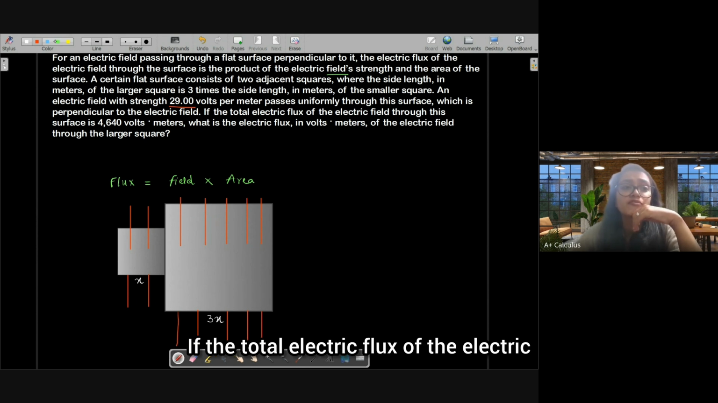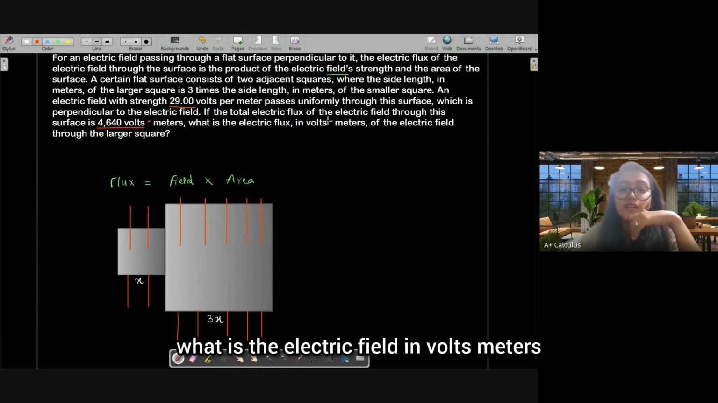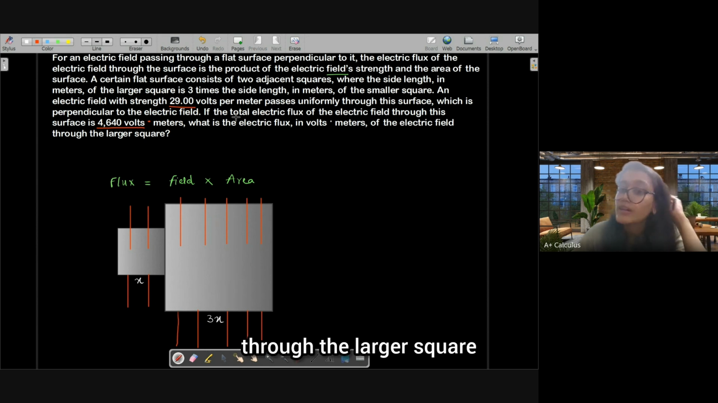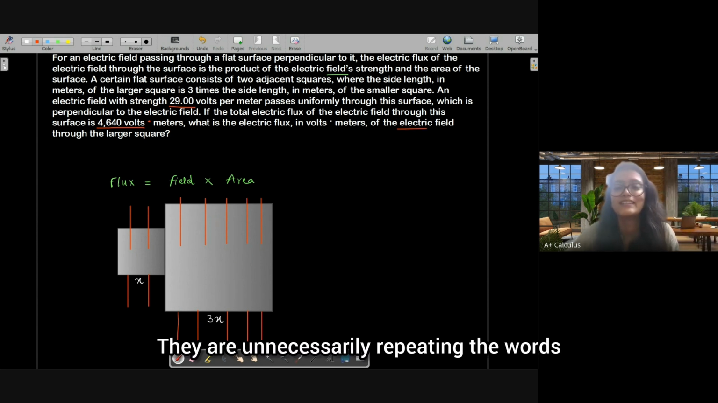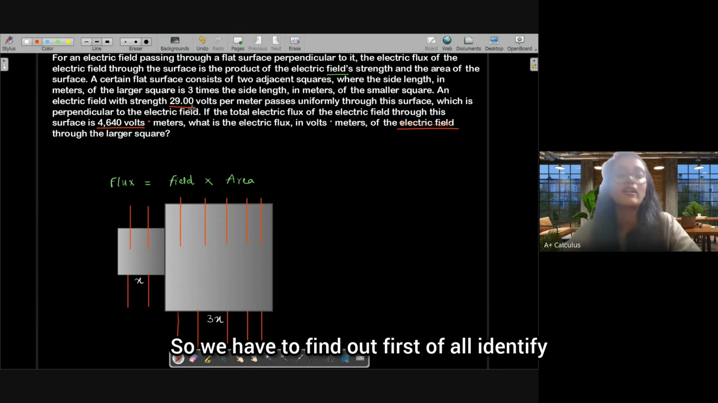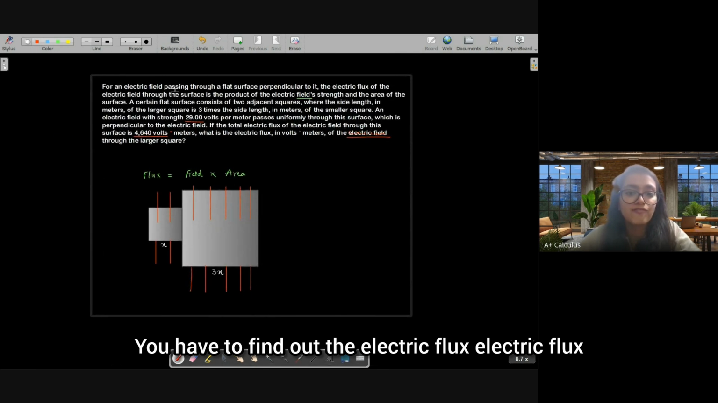If the total electric flux of the electric field through this surface is 4,640 volts meters, what is the electric flux in volts meters of the electric field through the larger square? They are unnecessarily repeating the words. This is just redundant. So first of all, identify what we have to find out. You have to find out the electric flux